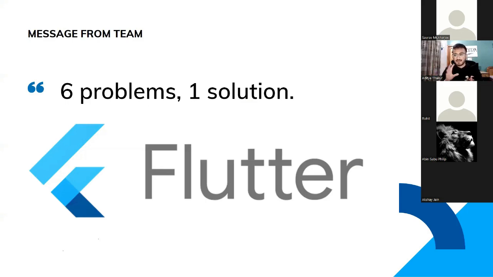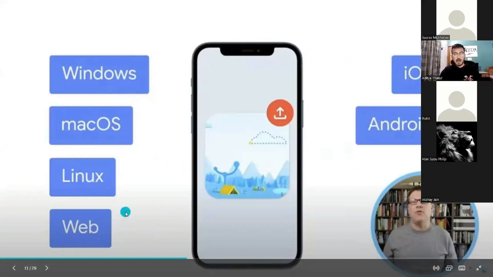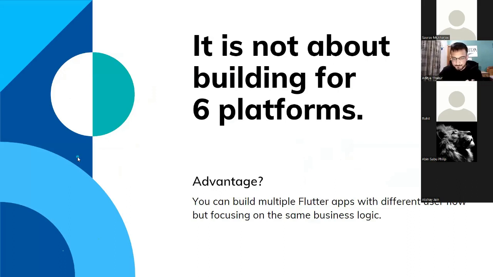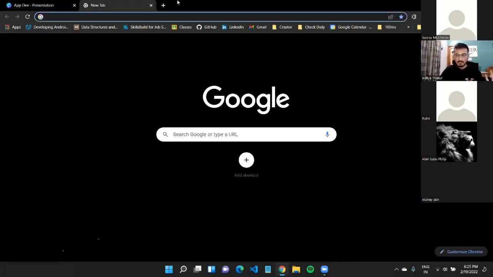But in the stable version right now, you can build for Windows, iOS, Android, and web. You can build applications for all these different platforms. And in beta, you can build for Mac OS and Linux. Also, of course, it's not about building for 6 platforms, but before we come to that, really quickly, let's take